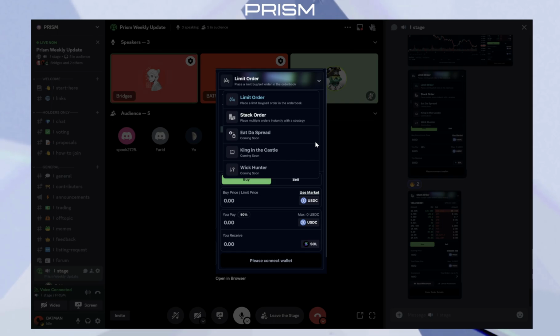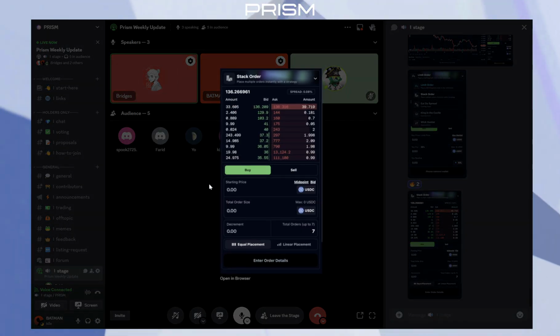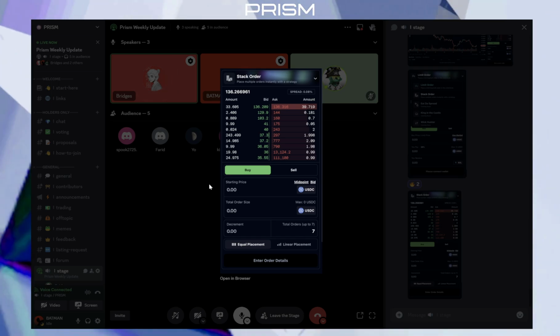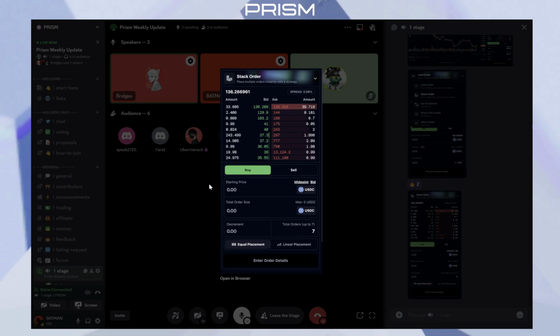So to give you an example here, if you open the stack order screenshot that I pasted and look at the order book, the highest bid is at 136.209, and the lowest ask price, so the lowest sell price, is 136.316, right? So if you use the Eat the Spread strategy, what it's going to do is place an order,